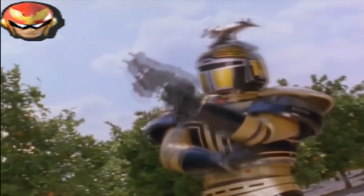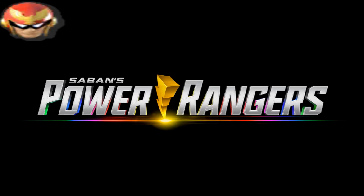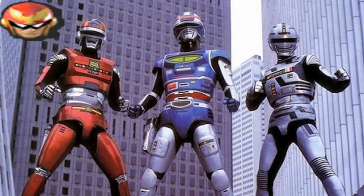However, like most Tokusatsu franchises, the Metal Heroes did make its way to the West in some heavily edited fashion, with series like VR Troopers, which took various Metal Hero series like Metalder, Spielbahn, and Scheider, as well as the Big Bad Beetleborgs, which took from the B-Fighter series, both of which were done by Saban, who we all know brought us Power Rangers. With that brief history out of the way, let's get into what makes the Metal Hero